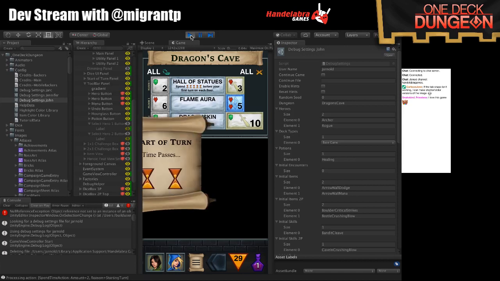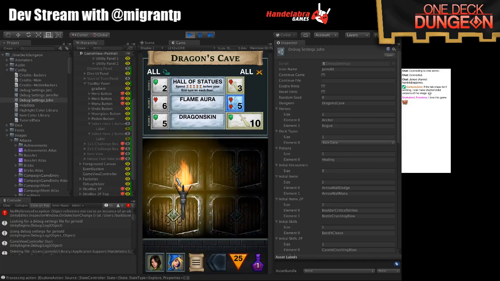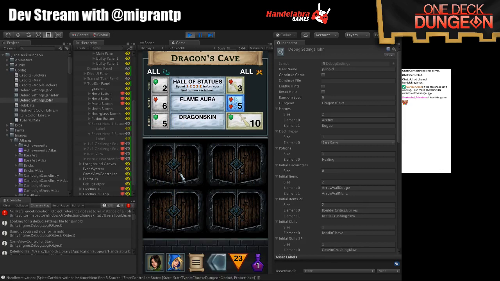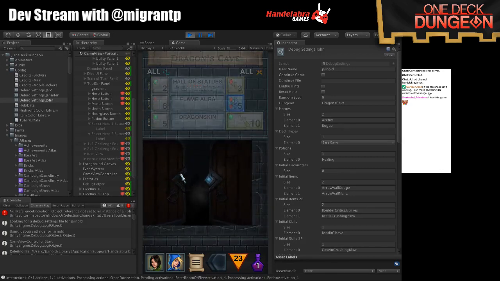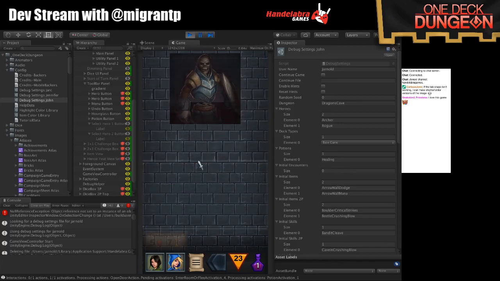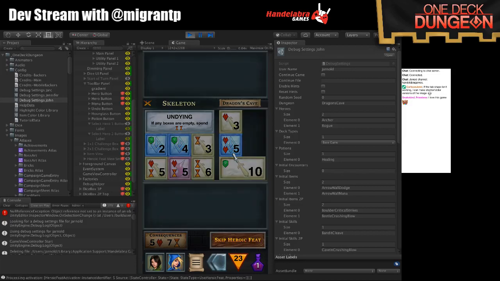So we already passed that spot, I believe. Skeleton. So let's enter. Yeah, so, similarly to the other thing, we just get this button that says skip heroic feat,